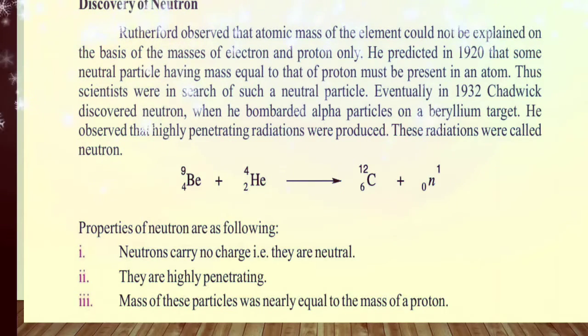If we calculate the atomic number and mass number, the mass number should be equal to 13, 9 plus 4 is equal to 13, but here it is equal to 12, and the atomic number is 4 plus 2, which is equal to 6. It means it releases 1 neutron, which has 0 charge and mass 1. So they eject a neutron. When the alpha rays bombarded the beryllium target, it changes into a carbon atom and it releases 1 neutron. Properties of neutrons are as follows: neutrons carry no charge, they are neutral, they are highly penetrating, and